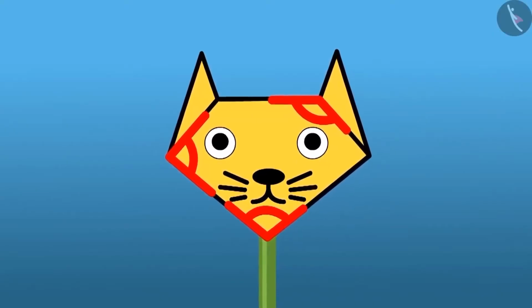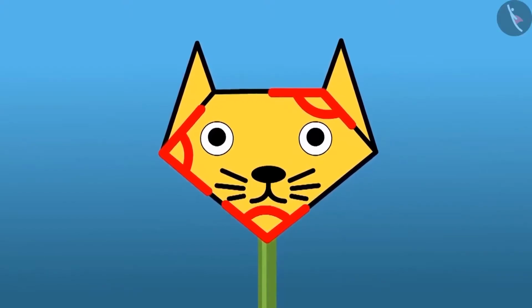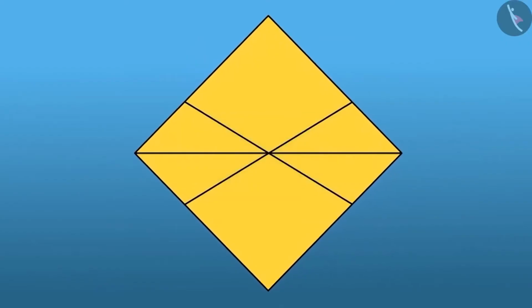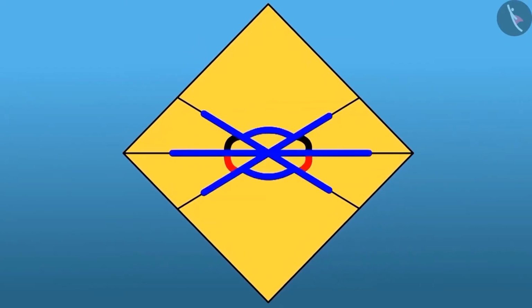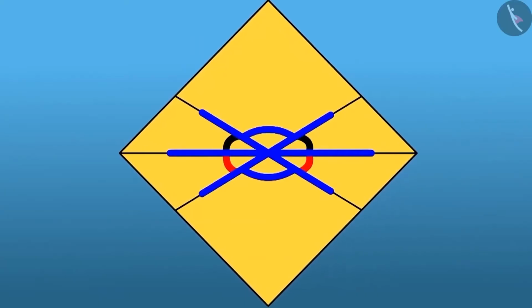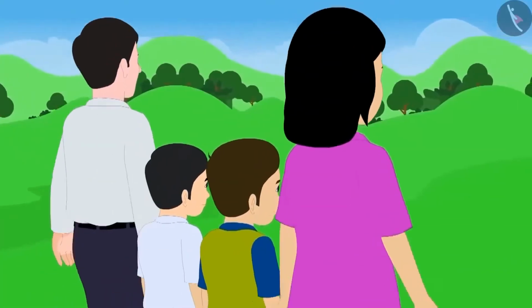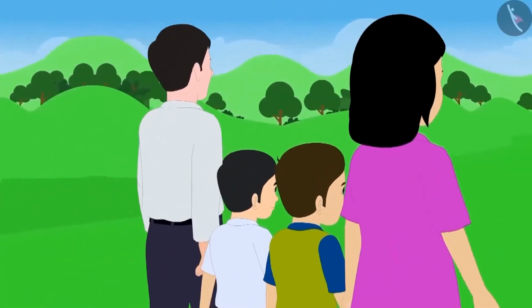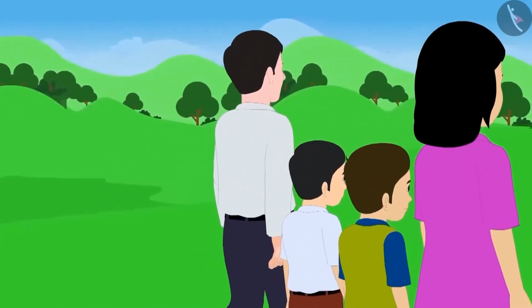On seeing this, Bholu and Dholu became happy and started playing. You can also play with it, and after playing, when you open the paper, you will find that you have made several angles in the paper with your own hands. After this, Dholu and Bholu went out for sightseeing with their parents and found angles in other objects around them. You should also look for angles in objects around you. Thank you.